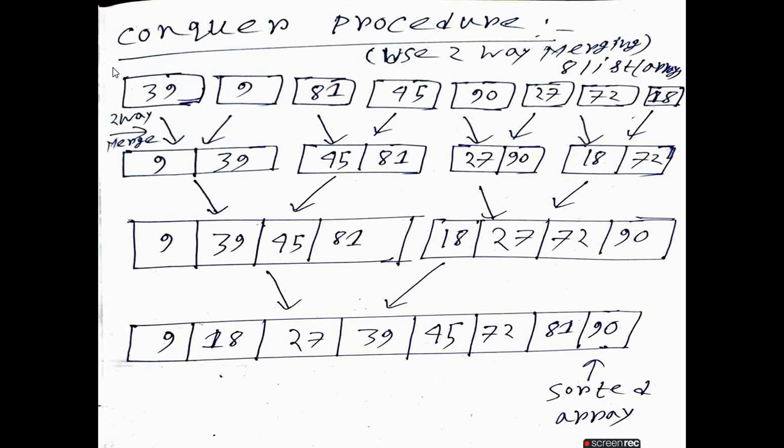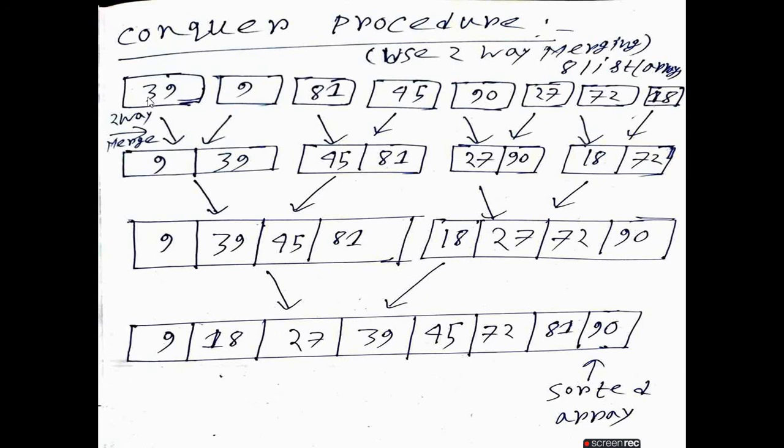Here we basically use the two-way merging procedure, as I showed in my previous video, part 23, two-way merging. If you haven't seen that video, click on the i button and watch it. Next, two-way merge. Now basically these are not elements, these are lists. If I ask how many arrays or lists there are: 8 arrays or 8 lists.